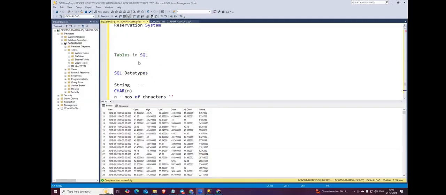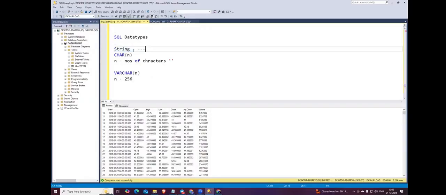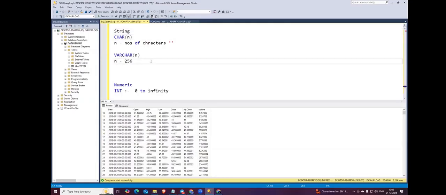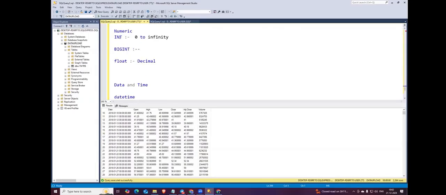गॉट द डेटा टाइप्स गाइस, ठीक है। 3 टाइप्स के डेटा है, इनके अंदर में डिफरेंट डिफरेंट टाइप्स के बेसिकली वी हैव द थिंग्स, ठीक है। स्ट्रिंग के अंदर में कैर अंडर कैर, वी बेसिकली यूज द var, न्यूमेरिक के अंदर में इंट बिग इन फ्लोट, वी यूज द इंट एंड फ्लोट ज्यादा, ठीक है। डेट एंड टाइम में गाइस हमारे पास डेट एंड टाइम, डेट एंड टाइम स्टैम्प, जो इसमें हम डेट ज्यादा यूज करते हैं, ओके।